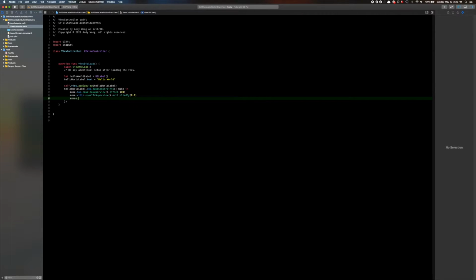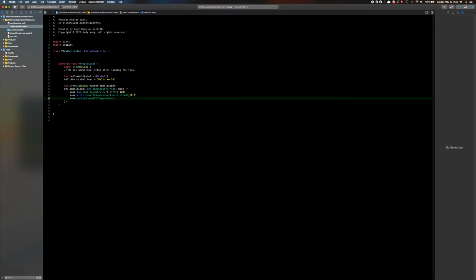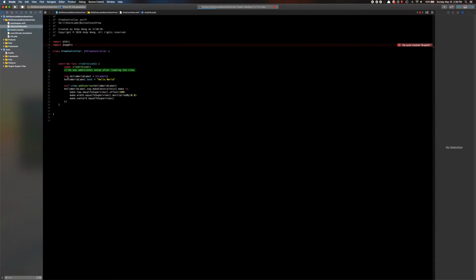And then we want to also center this now. So make.centerX equals superview, and this basically centers that label. And if we were to run this now on an iPhone SE, let's see how that looks. So obviously we haven't done anything at all. You actually should also do another thing here, which is